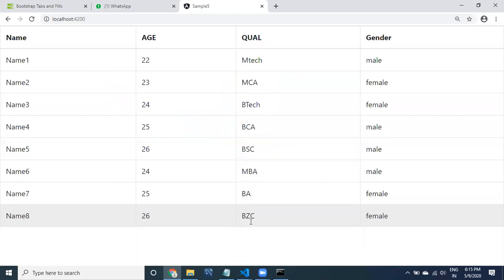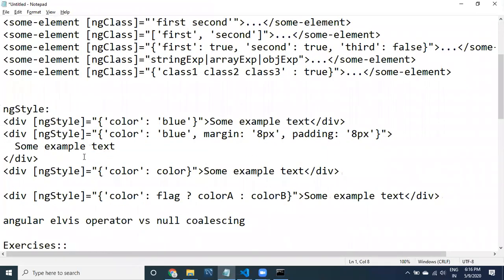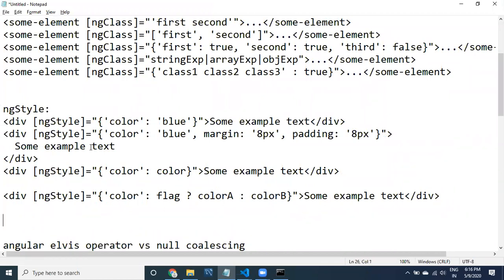But now let us come to the concept of ng style, how it is going to work. Just for reference, let me show you guys, this is an example for styles. See here, this is how we can apply ng style in the Angular way.